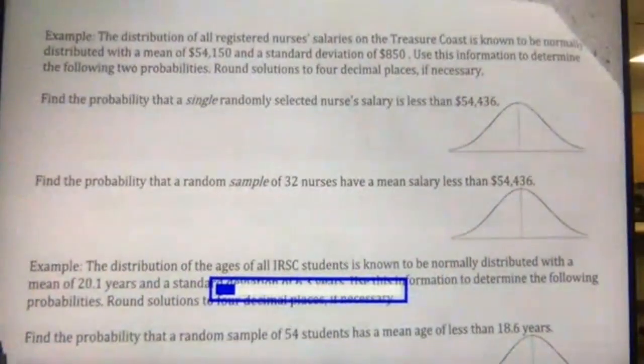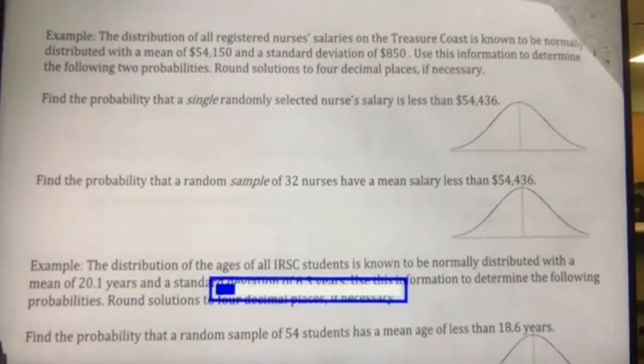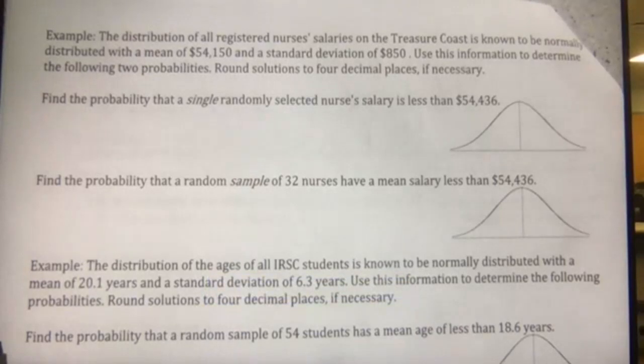So our next example, straight from the homework, says the distribution of all registered nurses' salaries on the Treasure Coast is known to be normally distributed with a mean of $54,150 and a standard deviation of $850. Use the information to determine the two probabilities and round our solutions to 4 decimal places as needed. So the first thing says, find the probability that a single randomly selected nurse's salary is less than $54,436. And then the next problem says, find the probability that a random sample of 32 nurses have a mean salary less than